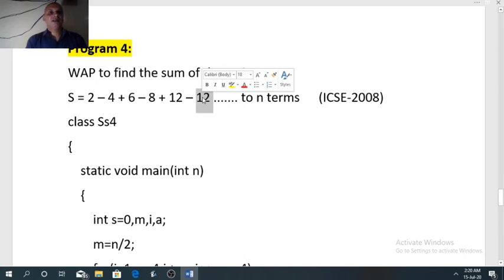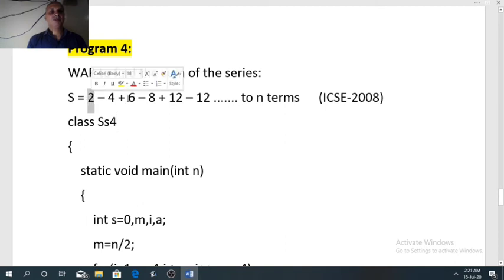Second series is very simple, straightforward. Minus 4, minus 8, minus 12. Starting with minus 4 and subtracting 4, we will get next term of the series. So it is a combination of two series. But how we can get the first series? See once more. We have 2, 6 and 12. Think how we can get 2, 6 and 12.